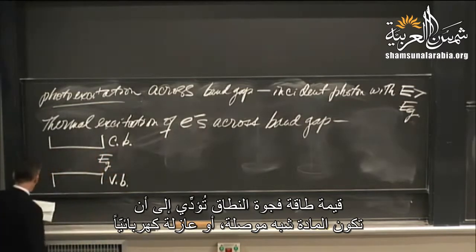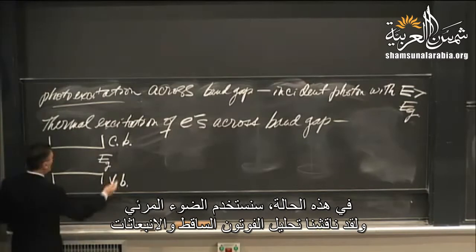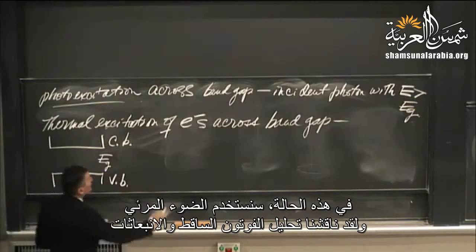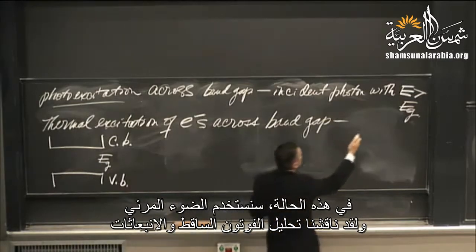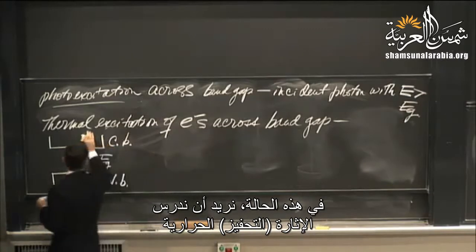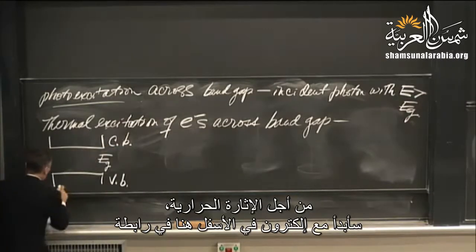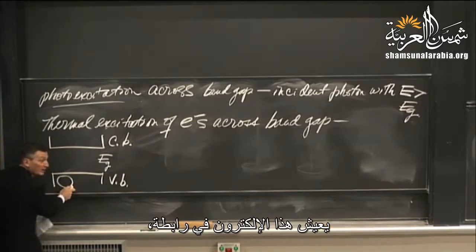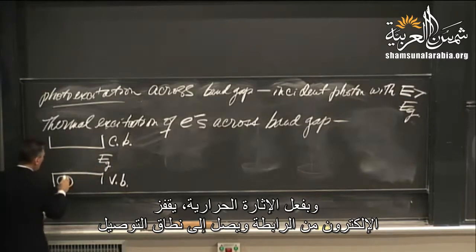Could be semiconductor, could be insulator. In this case we're going to use visible light, and we've gone through the analysis with incident photon and then emission. In this case, I want to look at thermal excitation. So with thermal excitation, I start with an electron down here in a bond. This electron lives in a bond, and with thermal excitation, the electron jumps out of the bond and up into